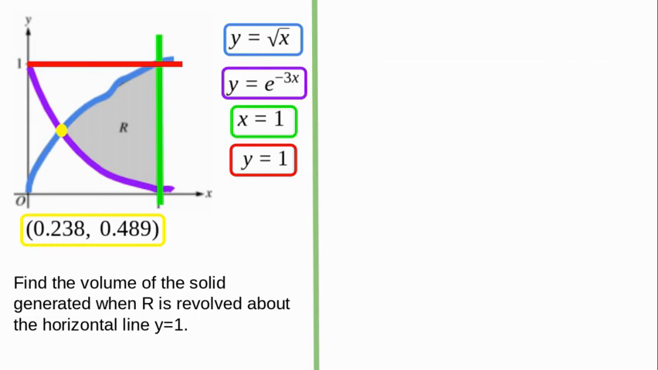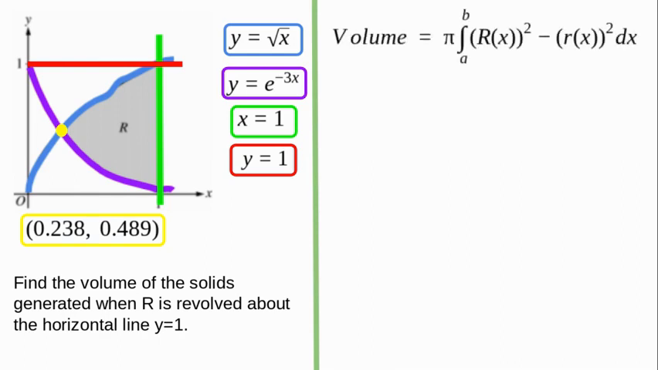Next, we're going to actually revolve R around the line y equals 1. If we look at the general formula for the volume of a revolved solid, we see that it's pi times the integral from a to b of big R squared minus little r squared. Big R is always the distance from the axis to the outer edge of the region we're rotating. So if we draw a representative rectangle from the axis to the outer edge of the region, we see that